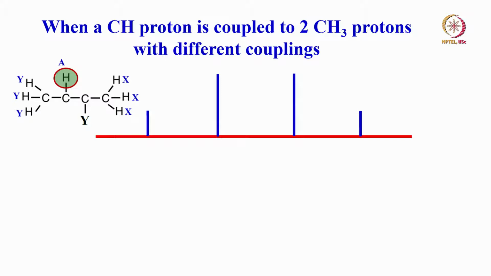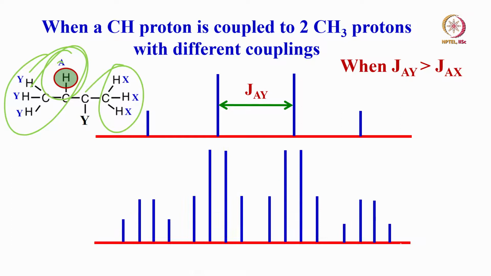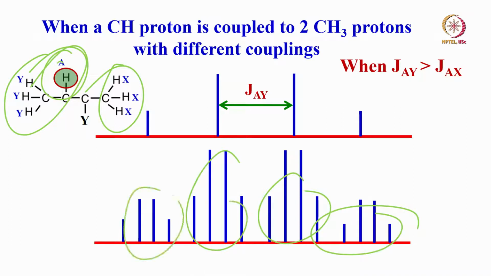So now you look at this one, the proton A is coupled to two CH3 groups of different coupling strengths. What pattern should we expect? One of them is going to be a quartet because of the larger coupling. And now each line of this quartet has to be a further quartet because of another CH3 group. So you are going to get a pattern like this. Each line is going to be a quartet. What do you call this pattern? It is quartet of quartets. The larger coupling is also a quartet, the smaller coupling is also a quartet. So this pattern you should call quartet of quartets. This is how you start naming.